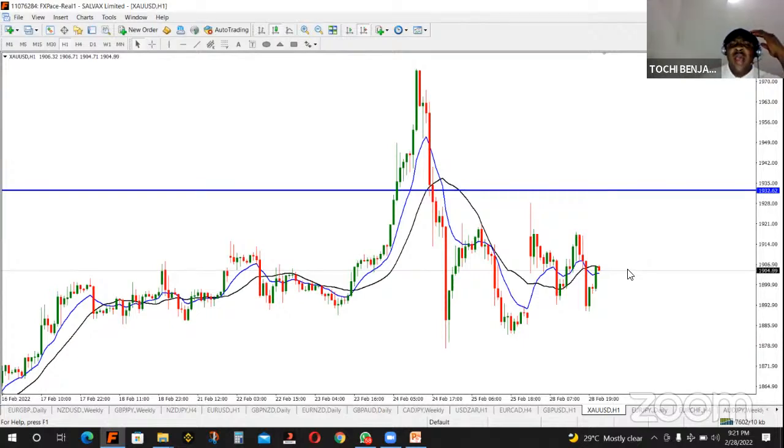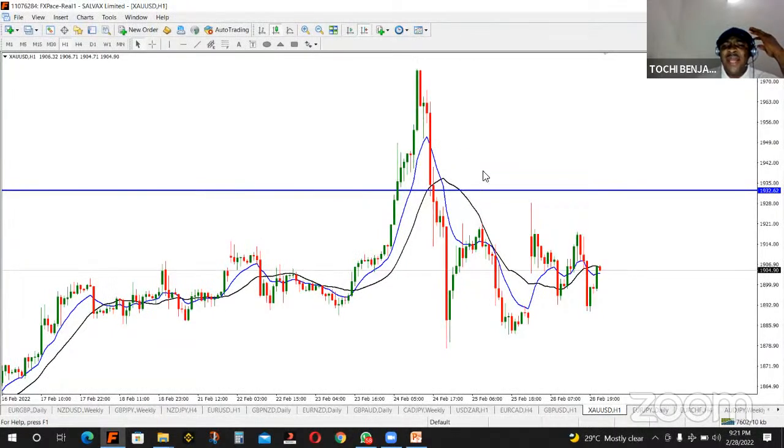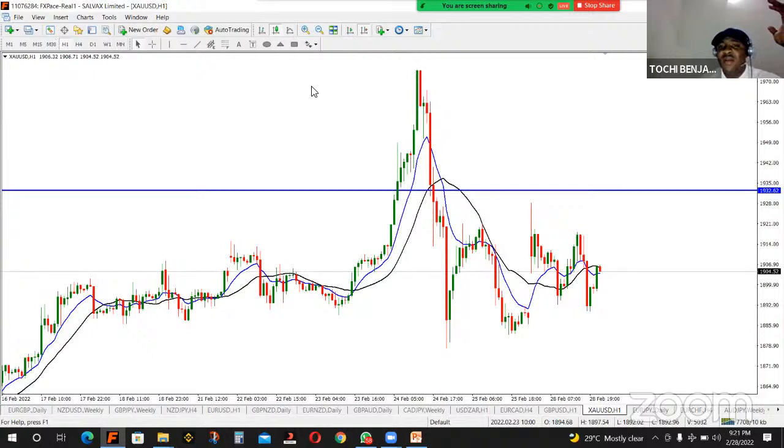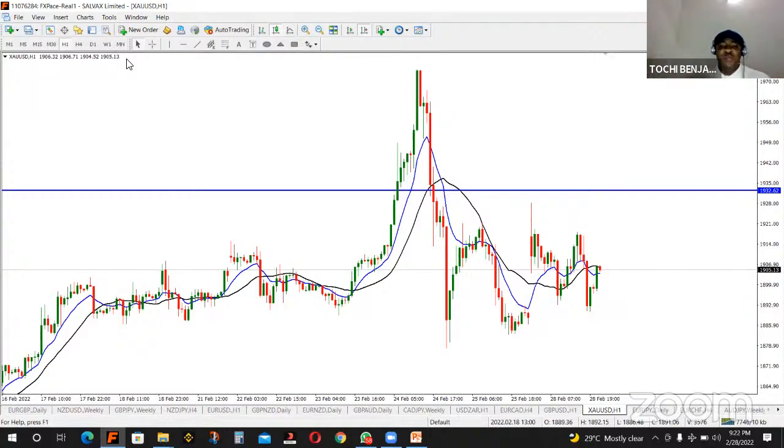That's why some persons will tell you, okay, in D1 the market is buying, in H1 the market is selling, I am confused. Yes, you'll be confused if you don't know. That thing that is happening in H1 is a pullback. The trend is what is happening in D1. It is pulling back to a support to buy. So what you do in your H1 is wait for it to get to a support, then you buy. Once it has gotten to a resistance, it will sell again. It will get to a support, you buy. That's why you hear me sometimes say, look for opportunity to buy.